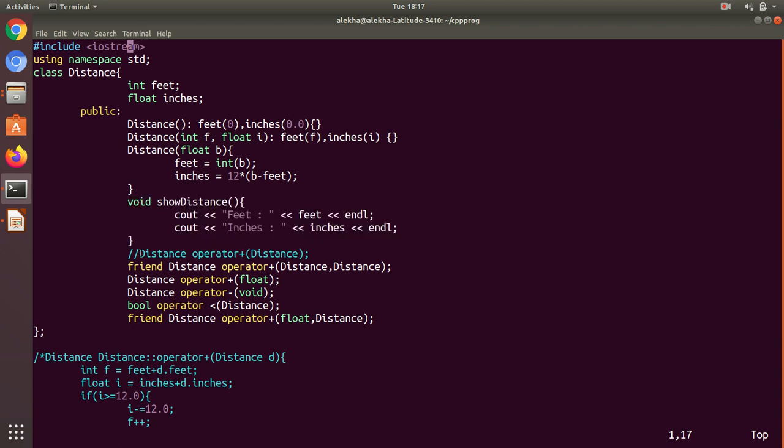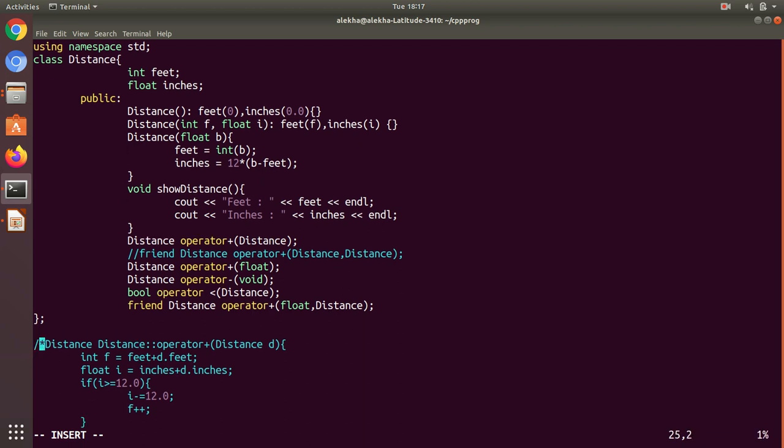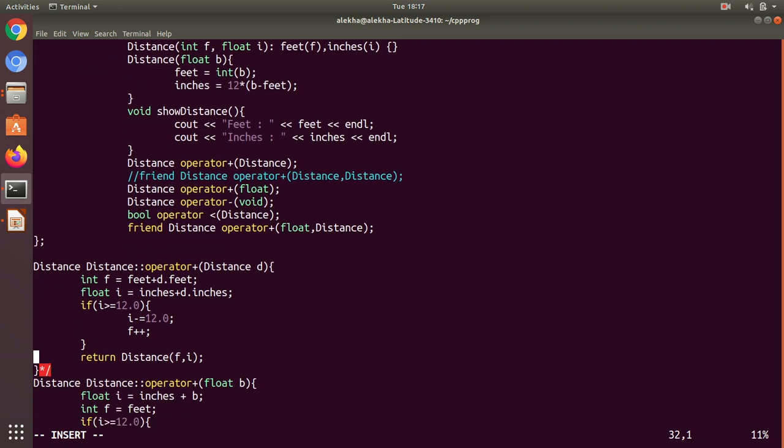All right, now first let us see, because we'll focus on the plus, the negative, the minus operator is almost the same, right? So we'll focus on the plus part. So first, I'm enabling the member operator function for adding two distance objects. I'm putting the friend as a comment because I'm demonstrating both of them. And let me open this one so that we can call the member operator function for plus,